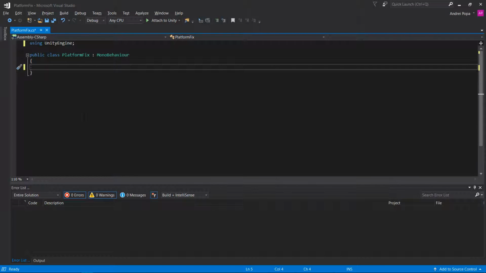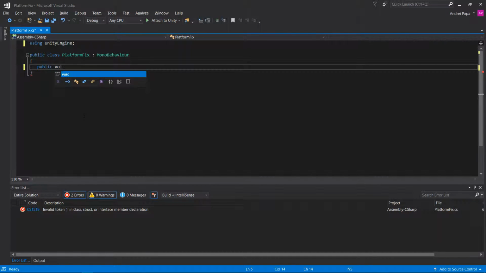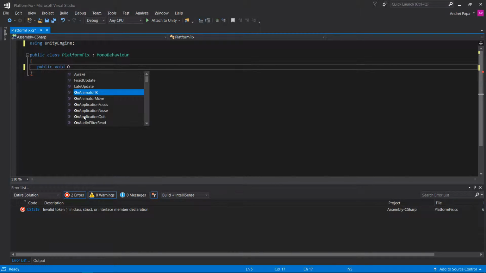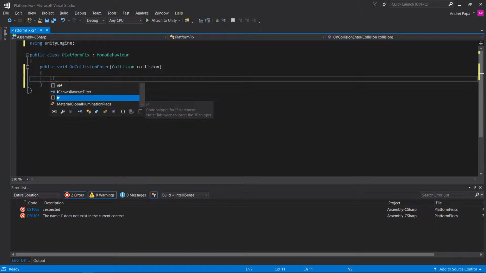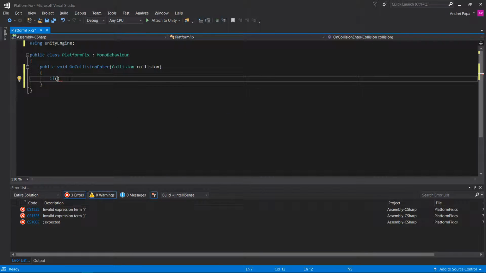the player when it collides with the platform. So we're going to call the function public void on collision enter, and it's going to complete for us collision. So we have to check which object is colliding with our platform. In our case, we have to verify if that is the player. So I'm going to say